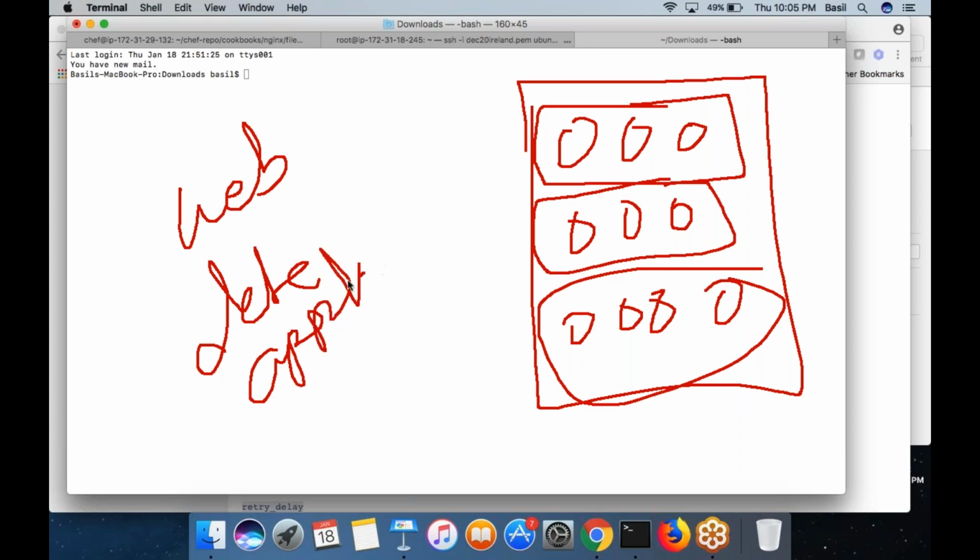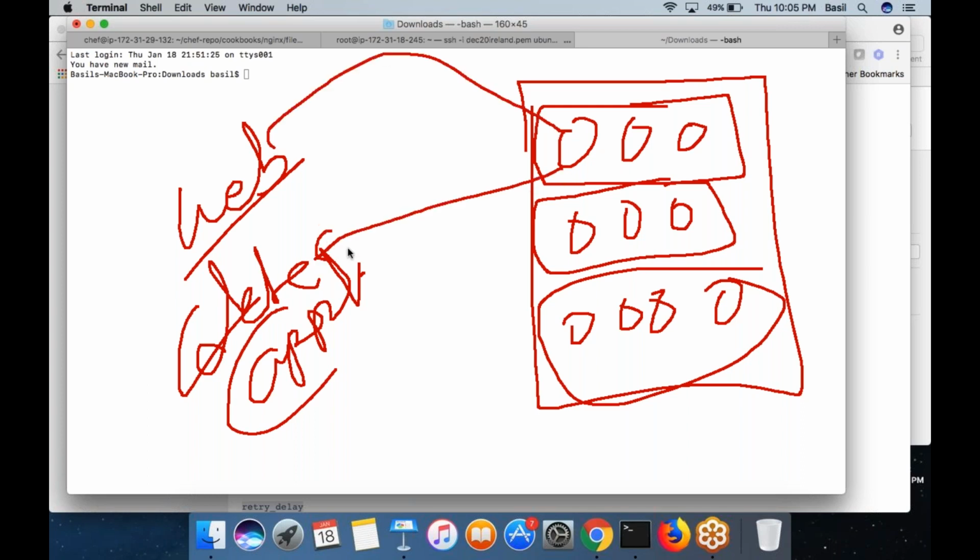Like that, you split your machine into different roles. Then you add all your individual machines to the respective roles. One machine can be added to multiple roles. A role will contain multiple machines.